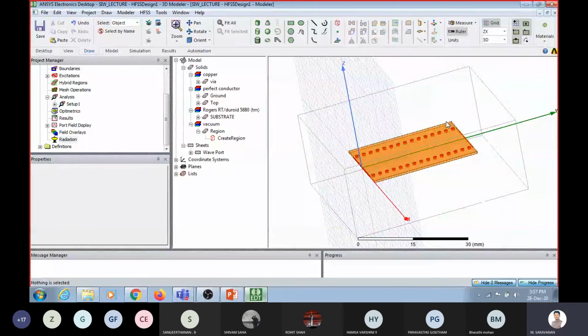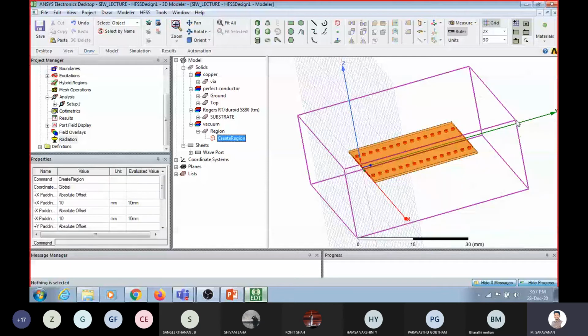Okay, along the structure, at a 10 mm distance, draw one box. Since we are using a wave port, this is a very important point. Most of the errors occur here initially. The port which I am using is a wave port. If you are using a wave port, this boundary must be close to or on the wave port only. The wave port must not be outside of the boundary.